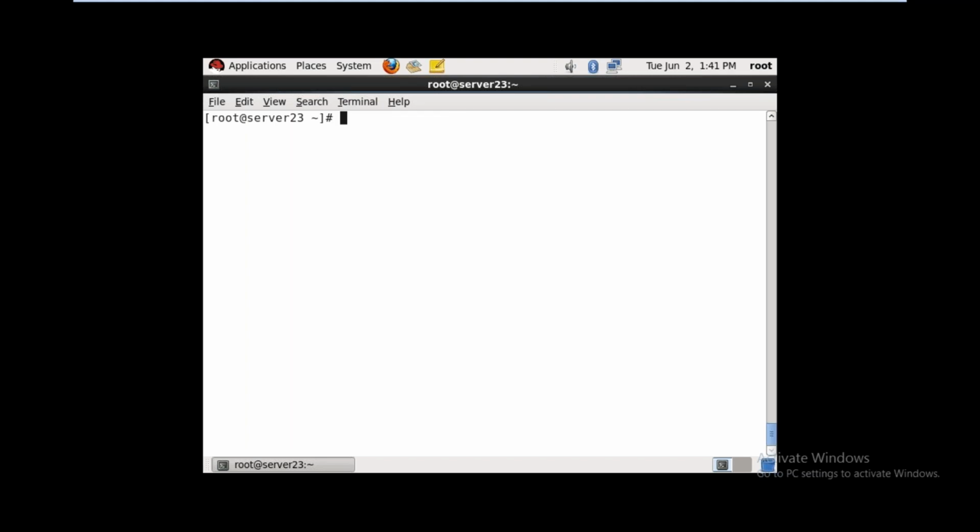Next, to check the errors in the group file, grpck. You can manually open and edit the /etc/group file. If you make any mistake, it will show the mistake. grpck is group check, it checks the errors in the /etc/group file.